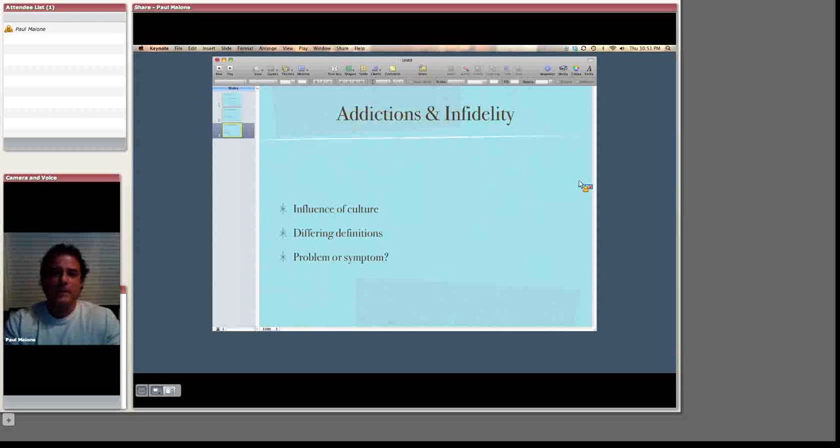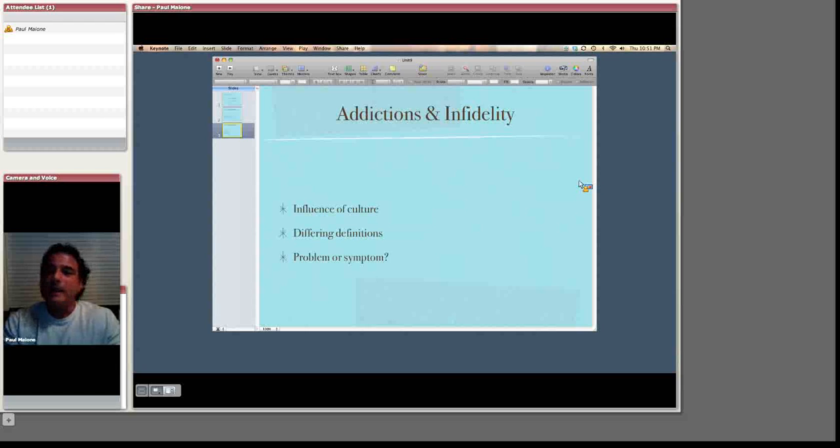So it's a good idea to examine some of your own biases and assumptions. Infidelity is another good example where we become individual pathologists around things like addictions and infidelity, because the person who's having an affair is obviously the problem. When I work with couples, and oftentimes an affair is part of the picture, it's very helpful to gently, when there's an opening, begin to ask the question: was this infidelity the problem, or is it the symptom?